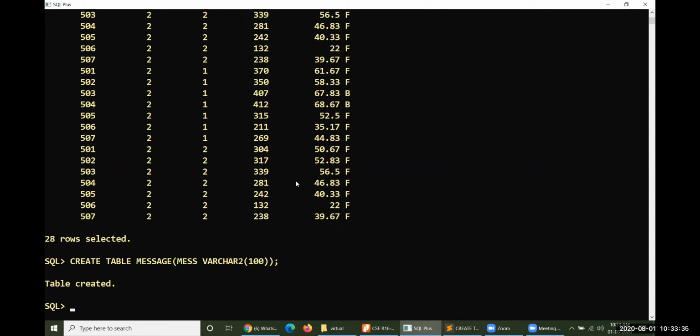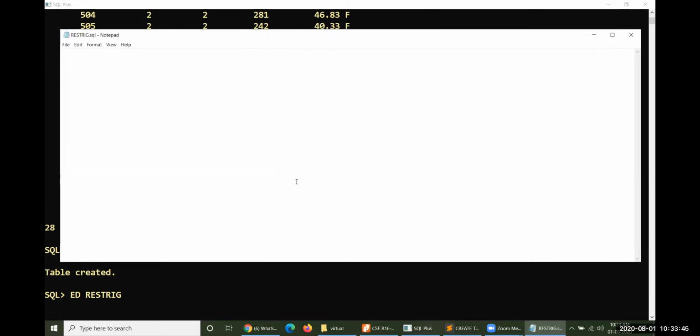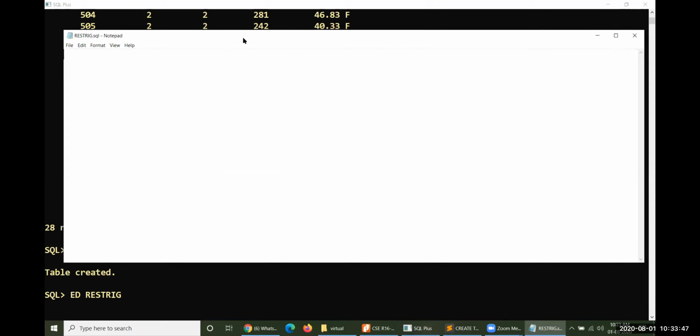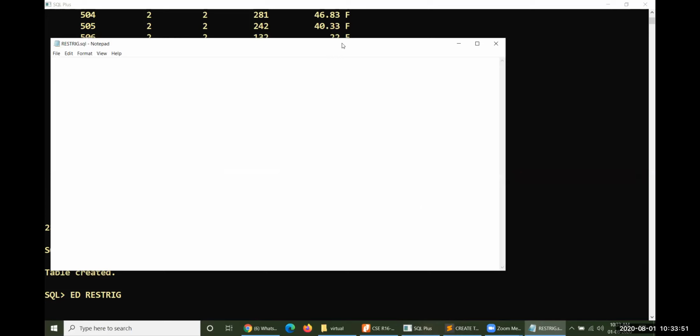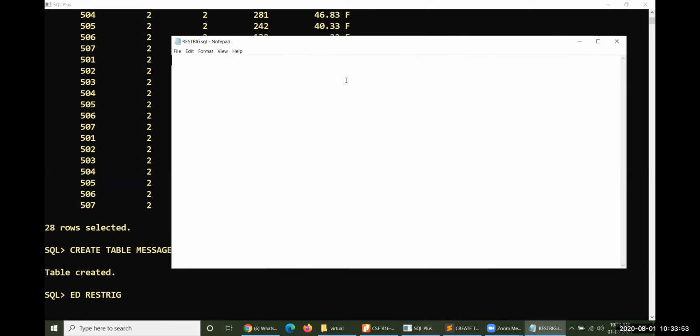Now, let me write a small trigger, RESTRIG, result trigger. What exactly am I trying to do? Whenever insertions, deletions or updations happen on the result table, that could be notified in the message table.